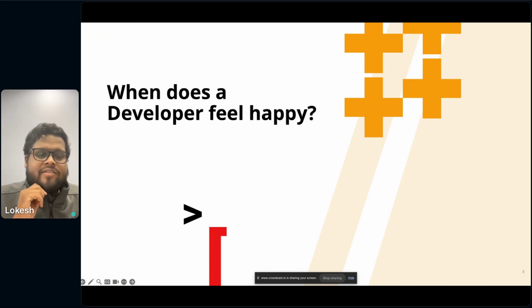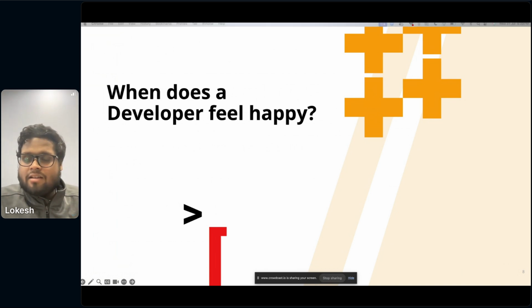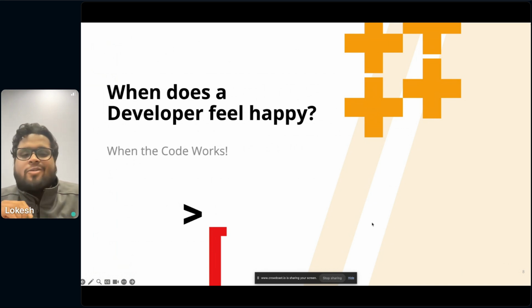So one question I have for everyone here. When does a developer feel happy? It's actually when the code works. Yes. So whenever the code works,